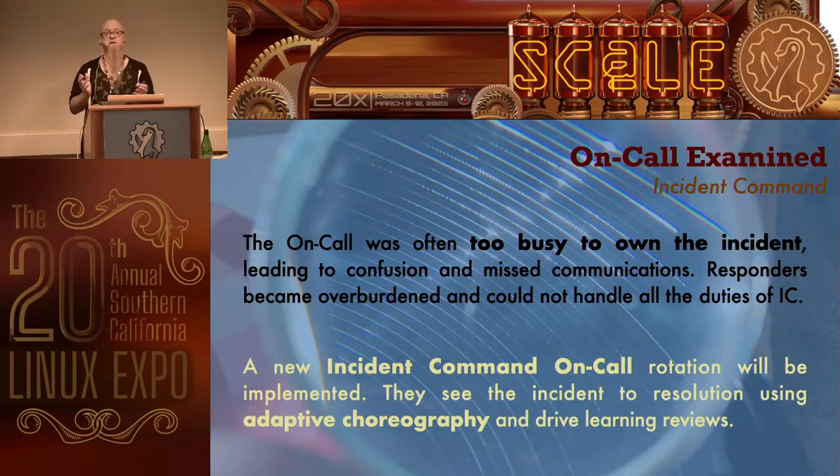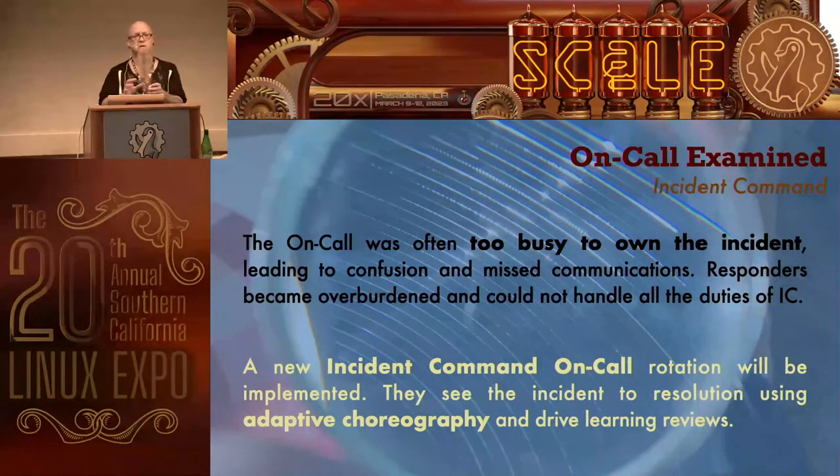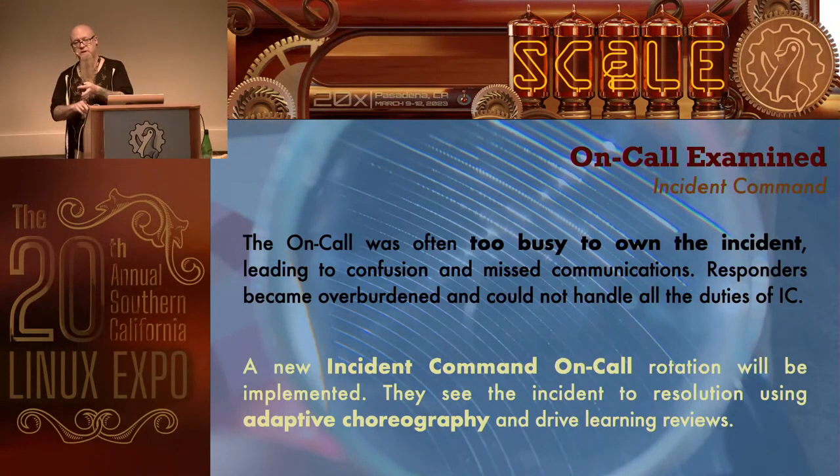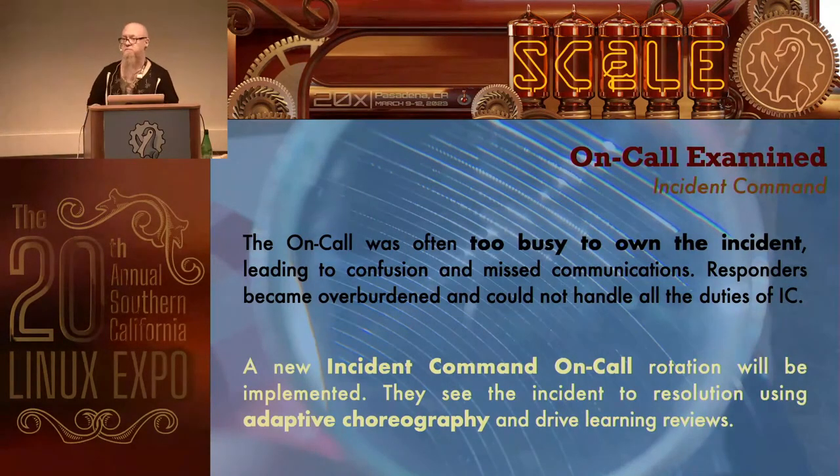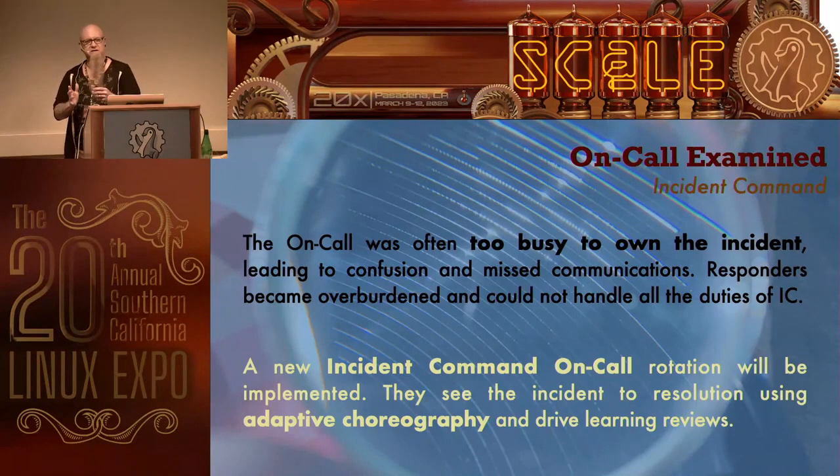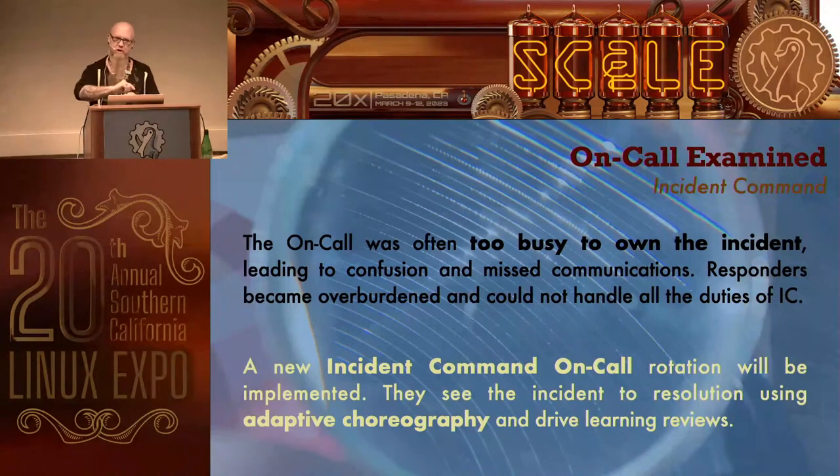So we decided that one thing we wanted to do was have a specific on-call rotation that was only incident commanders, so that if the responding on-call, even if it was a minor severity, felt like they just couldn't handle facilitating the incident, and I'm talking about communications, escalating, getting people to come help, then the IC on-call needed to be contacted. And by the way, the IC on-call was automatically contacted for major incidents. So for severity, we used SEV, 0 was the top, and then 1 was another major, 2 and 3 were minor.